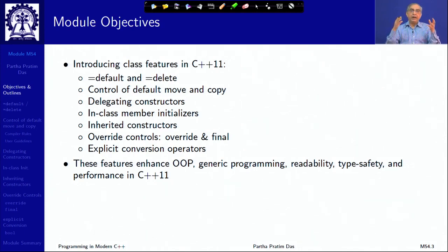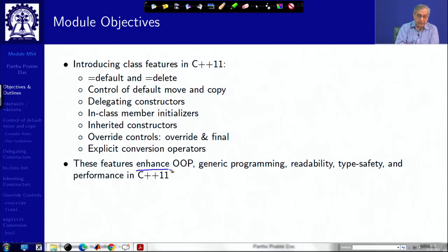Unlike, say, Rvalue semantics, Rvalue reference and move semantics, or lambda, which are big single features of enhancement in C++ 11, these features are small features which are kind of standalone, but help to enhance the object orientation